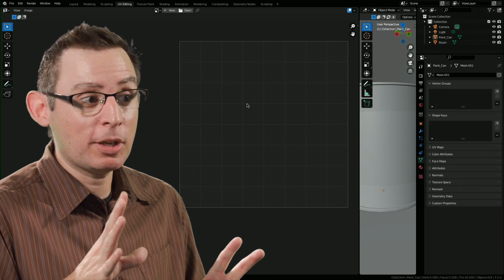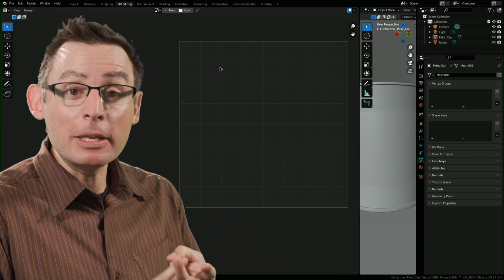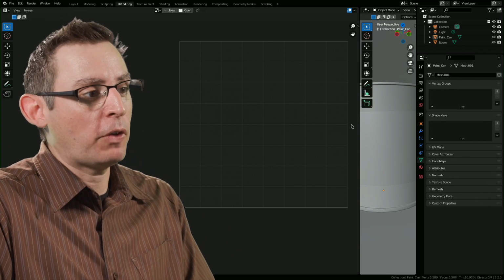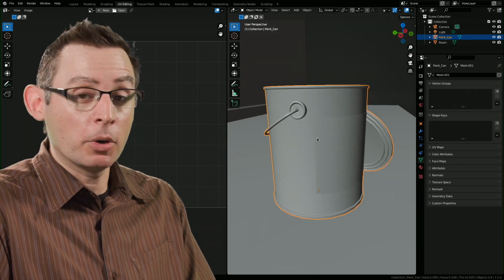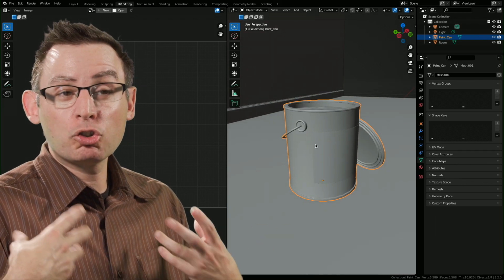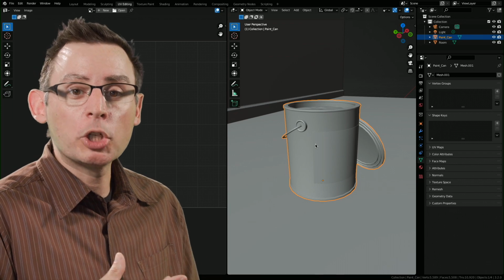It really is specific. This grid is where we're going to both be able to see, edit, and manipulate all of our UVs and our UV islands. Let me show you what they look like real fast. I am working with the paint bucket scene that we had in a previous module, and the computer really does try its best to create UVs for us when we're generating our models.